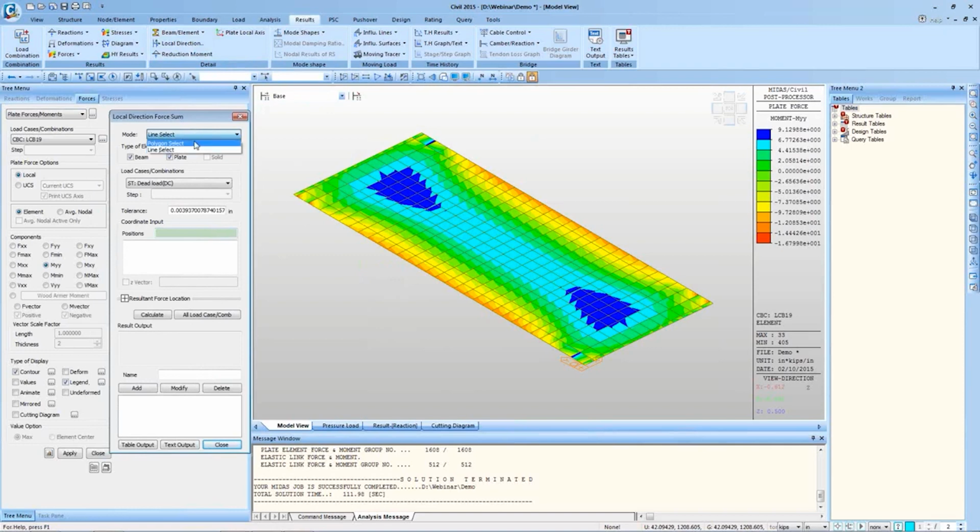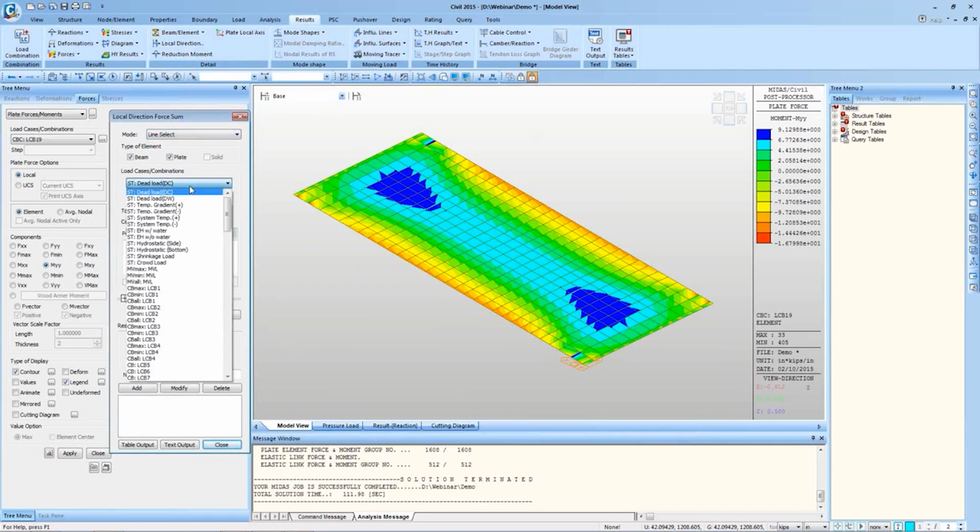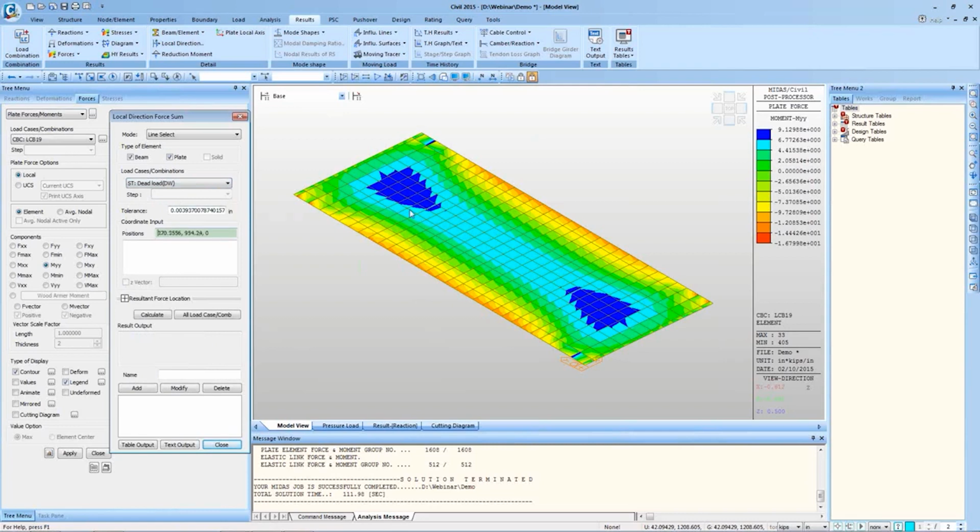I can use line select or polygon select. I'll use line here. I can choose a load case. Position, I can define one cut plane. Click calculate. The resultant force at this section is calculated considering the forces due to plates on the right side of that cut line. I can enter a name, cut 1.